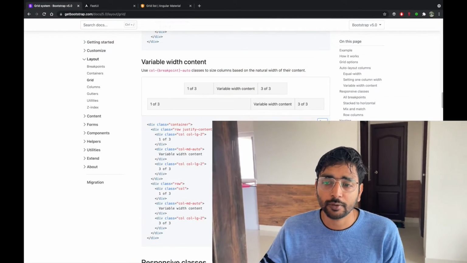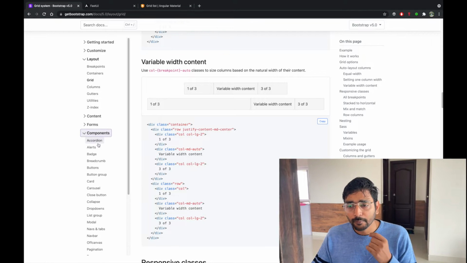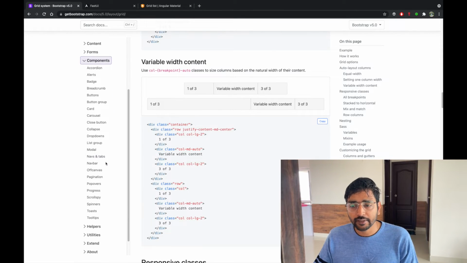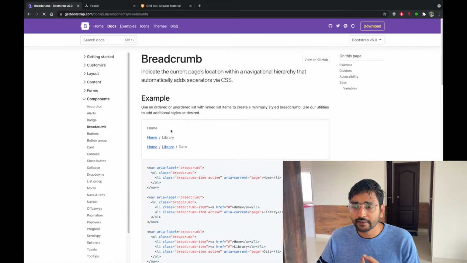So if you get any kind of interview assignment to do, and they have not specifically asked to use Angular Material, try to use Bootstrap. Even without importing scripts in our code, it would have worked. You don't need to import scripts even for Bootstrap for most of the things here to work. And most of the components which are shown in Angular are present here in some form or other.